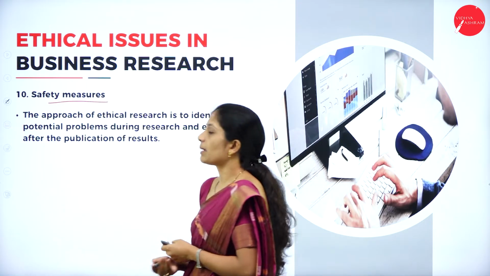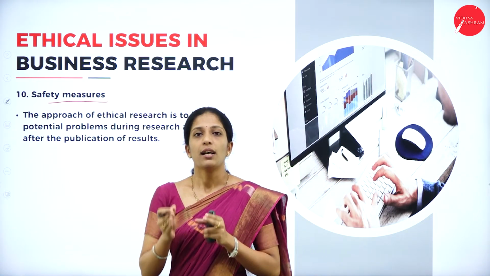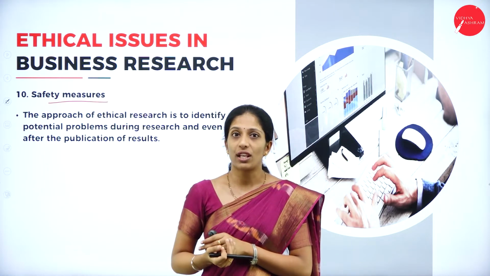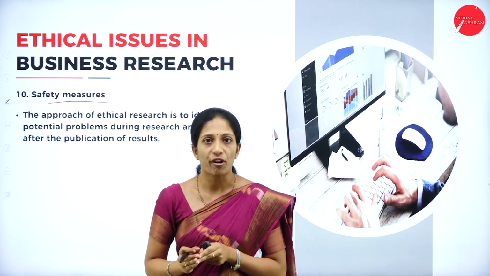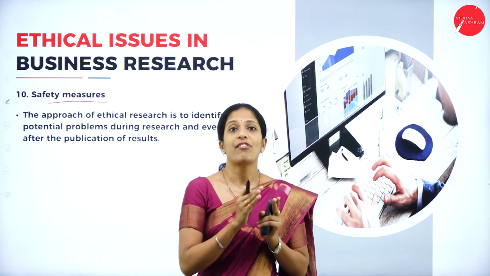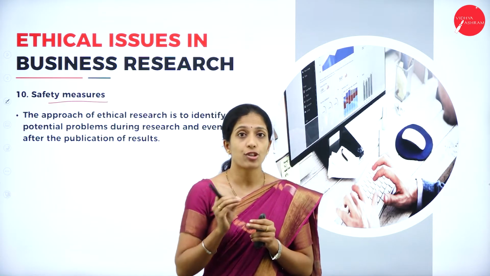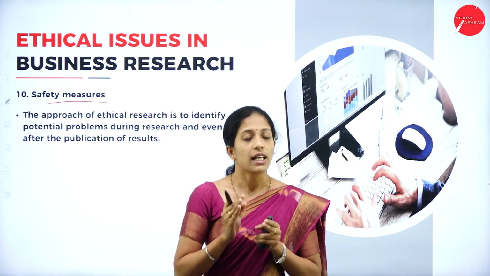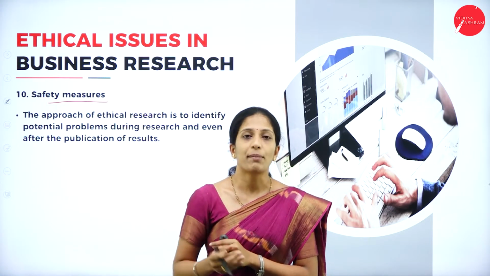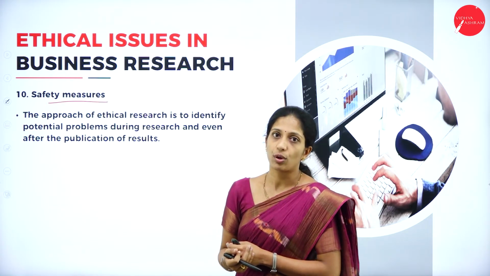Next one is safety measures. Now, what are the safety measures that have to be taken? Of course, I have told you here, being a researcher, he has to take care of the respondents also. That is, he has to see to the safety of the respondents also, because there are special groups of people who give information to the researcher. In that situation, giving the information may affect them. Certain personal aspects and personal issues will also be given to the researcher. Those personal issues cannot be revealed outside, as they may damage the respondent. In that situation, the researcher has to take safety measures for those respondents.